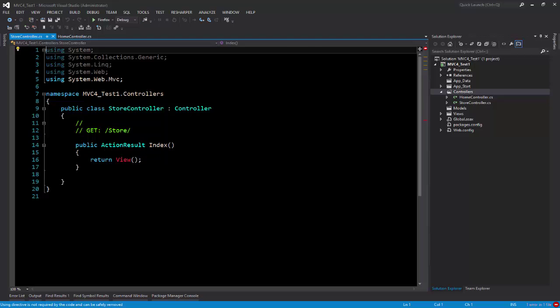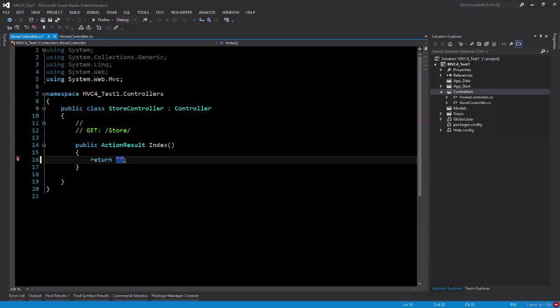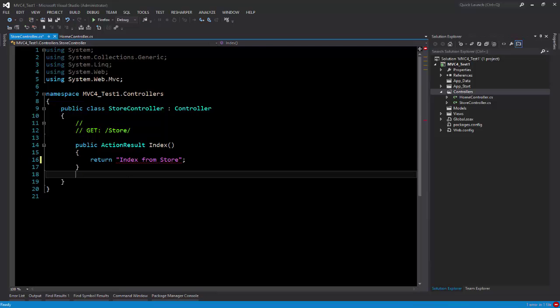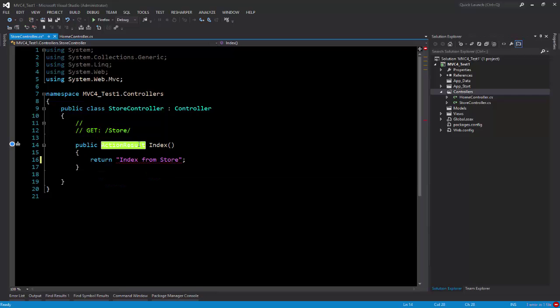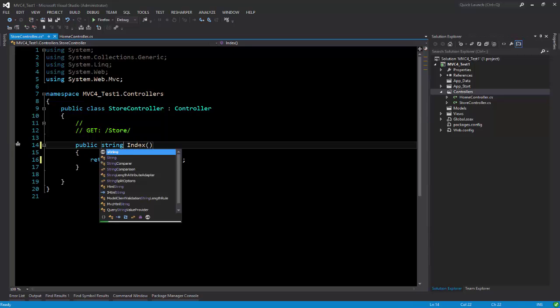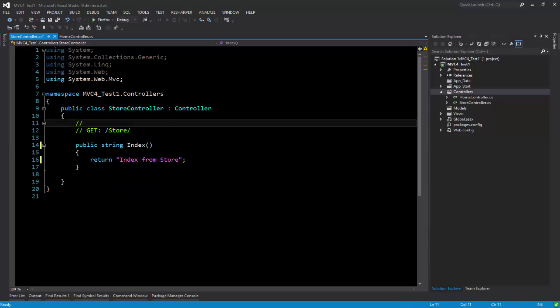I've got C# installed here, and it is giving me an error saying there is no view specified, but we want to just have this method return a string. So I'm going to say return index from store, and the reason we are getting this error is because it should return a string. So let's change the return type to string, index from store,